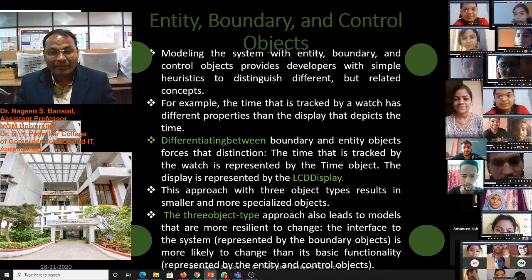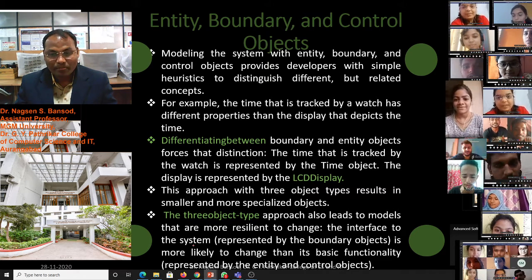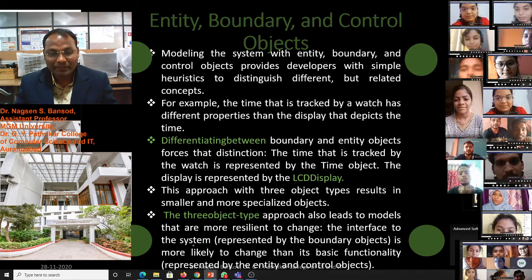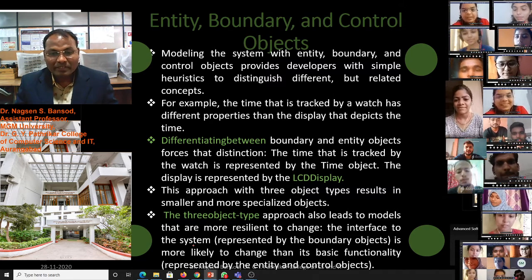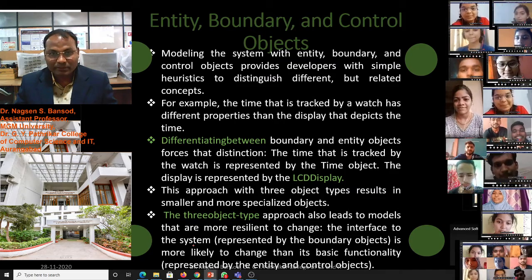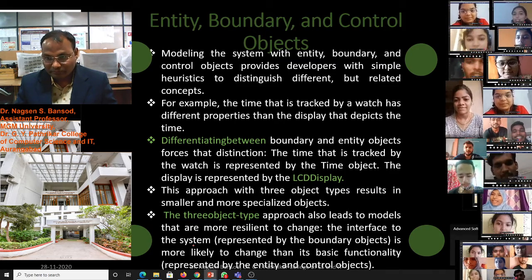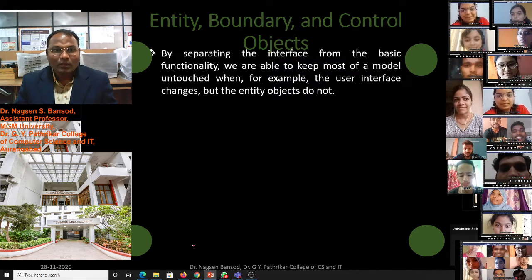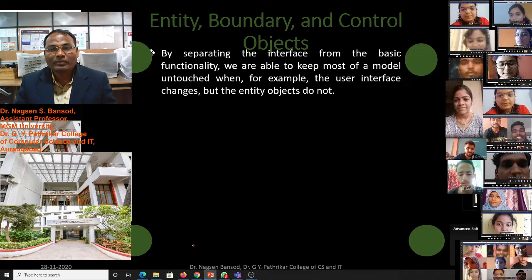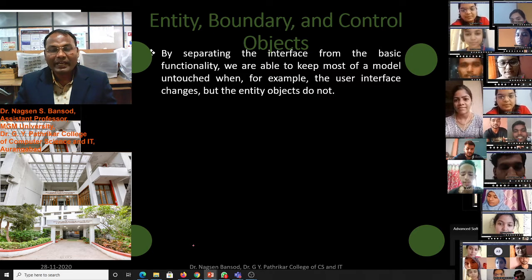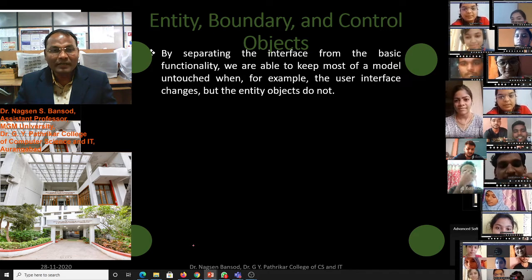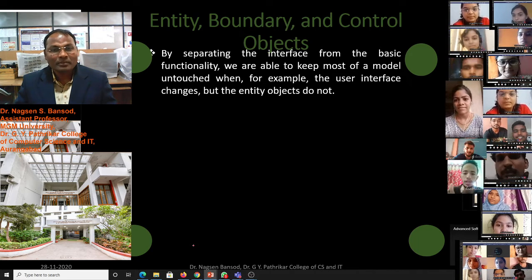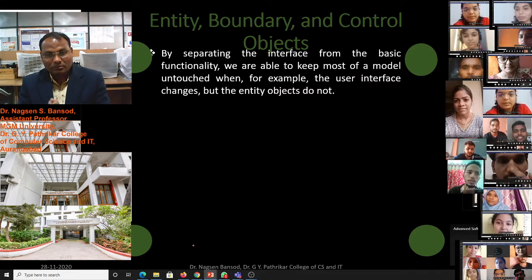The interface to the system is more likely to change than its basic functionality, represented by the entity and control objects. By separating the interface from the basic functionality, we are able to keep most of the model untouched when, for example, the user interface changes but the entity objects do not.